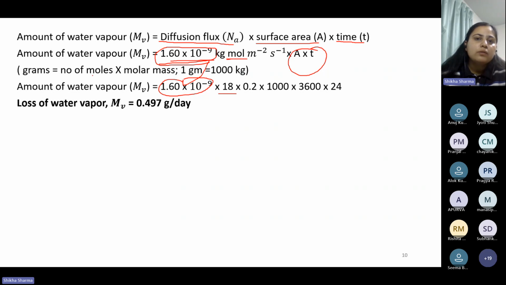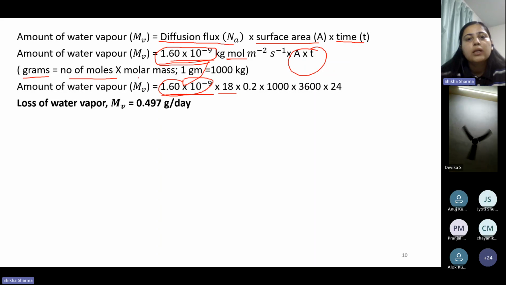Because we need to convert into grams per day, grams is equal to number of moles, which is 1.6 into 10 to the power minus 9, into molar mass, which is 18, because this is water vapor, so water molar mass is 18. So when we multiply number of moles into molar mass, this whole value we can get in grams, right? Into,